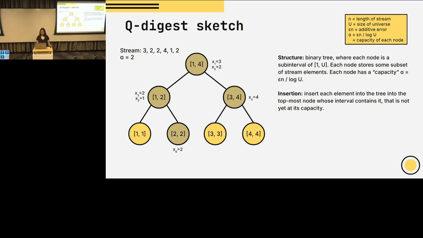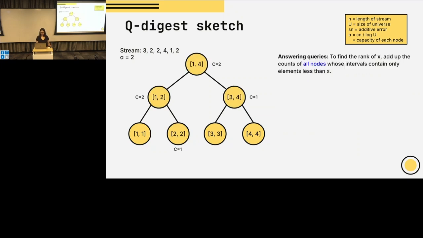Yeah, so so far we haven't really described why this is actually improving anything, since we're still storing all of the elements. But the point is, at each node we're only going to store the number of elements it has. So we're grouping our elements into groups, and for each group we only need to store how many elements were in that group, and we don't actually care about the exact identities of the elements in that group. It should not necessarily be clear yet why this works.